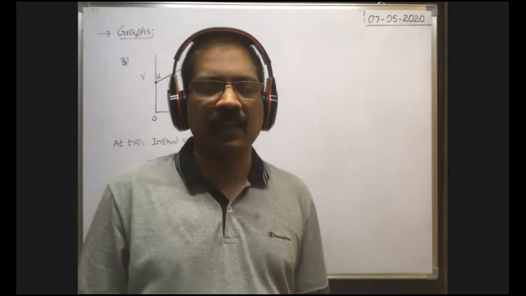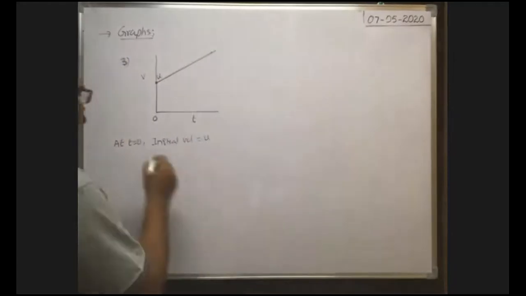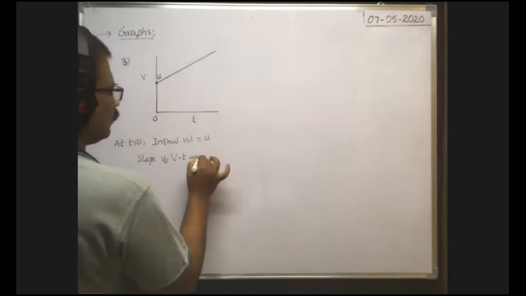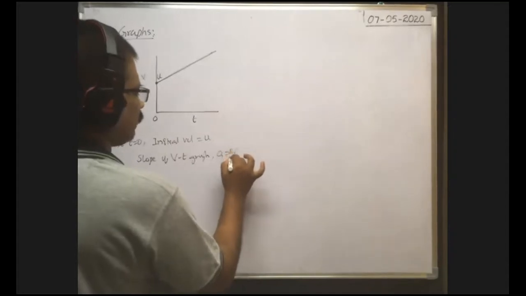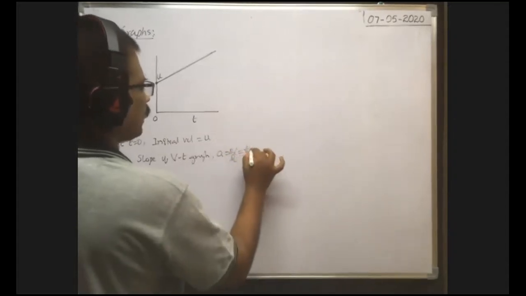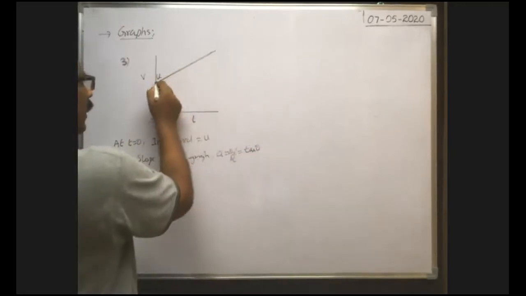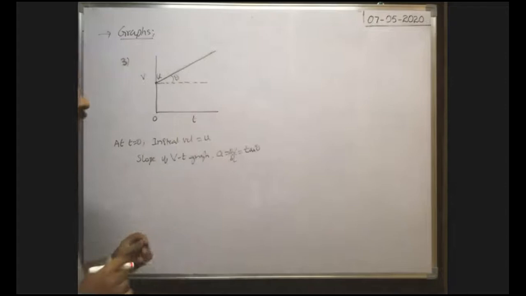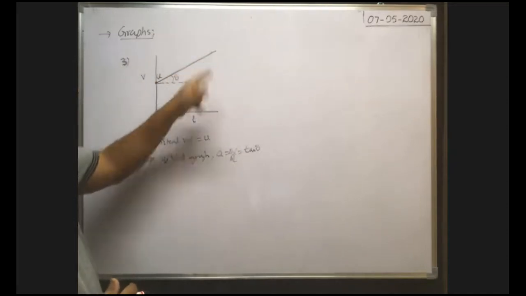Slope of the velocity time graph gives acceleration. Very good. So here, slope of the vt graph is equal to acceleration, which is equal to v by t, or delta v by delta t. Slope means tan theta, no? As this graph is a straight line, at any point the angle made is the same, say theta. Tan theta is the slope. Here the angle made by this straight line is the same at every point with the horizontal. That's why tan theta is the same at any point in the graph. That's why acceleration is the same.